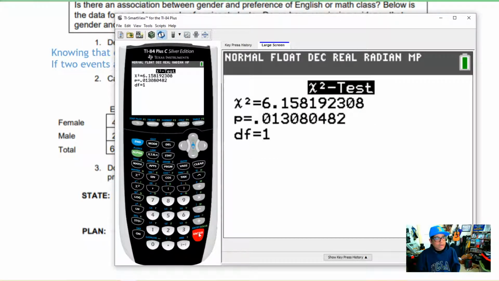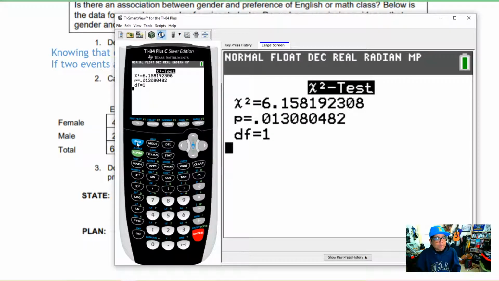And we're going to get all sorts of things which are interesting to us. They'll be much more interesting later, including the chi-square test statistic and the p-value and the degrees of freedom, which is pretty much everything you're going to need to know here. But again, we'll get to all of that later. Right now, we want to find the expected matrix.